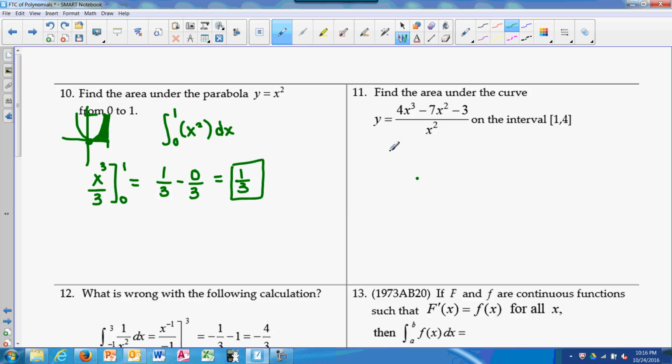Okay, similarly, we're looking for the area under the curve on the interval 1 to 4. So I'm going to simplify this out. 4x cubed divided by x squared is 4x. We have minus 7. X squared divided by x squared would just be 1. And then negative 3 divided by x squared is negative 3x to the negative 2. So on the interval 1 to 4,